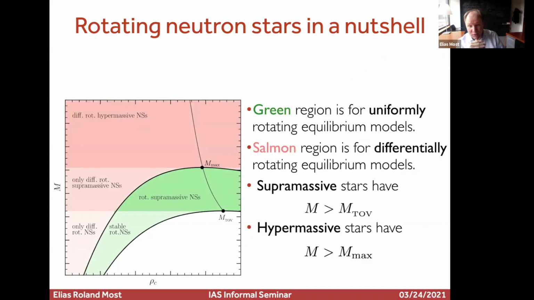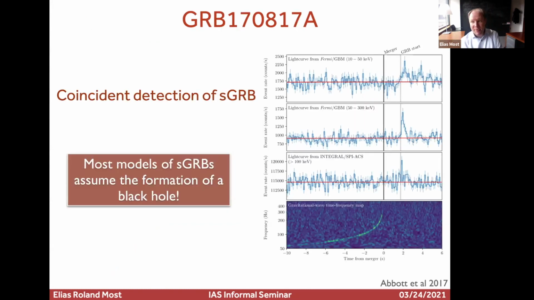And so what we can now do is say, okay, we have all of those definitions, so let's apply this to 170817. There, the interesting thing was that we did observe a short gamma ray burst, and in most models this coincides with black hole formation, because you somehow get a jet from this. We have observed a structured jet a few years later, with actual confidence that it was a structured jet. And to collimate this, you really need the black hole. So you can be very sure that we did form a black hole. At some point, we did cross the black line that I was just showing. So we can use that.